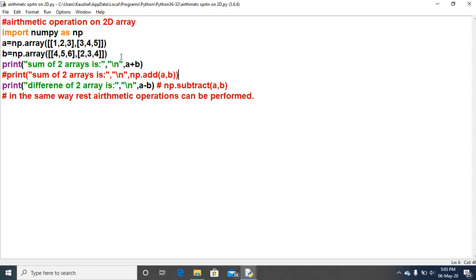Actually when you do arithmetic operations on 2D arrays, you have to take care that the zeroth index element of the first array, A00, will be added with B00, the first value of the second array. So in that case 1 will be added with 4.